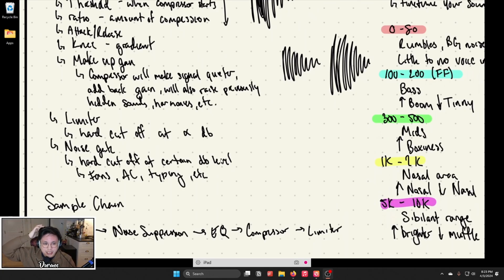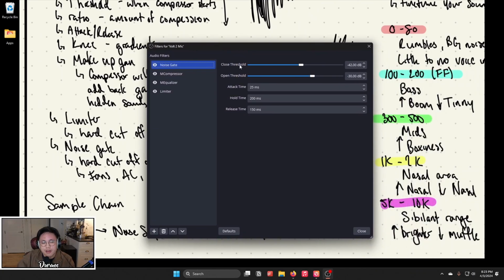So a noise gate essentially is a hard cutoff for sounds at a certain decibel level, but then it opens back up at another decibel level. So I'm going to show you that right now. If I open up my noise gate settings, you can see here my noise gate is closed for anything below -42 decibels. So that means if I'm typing,